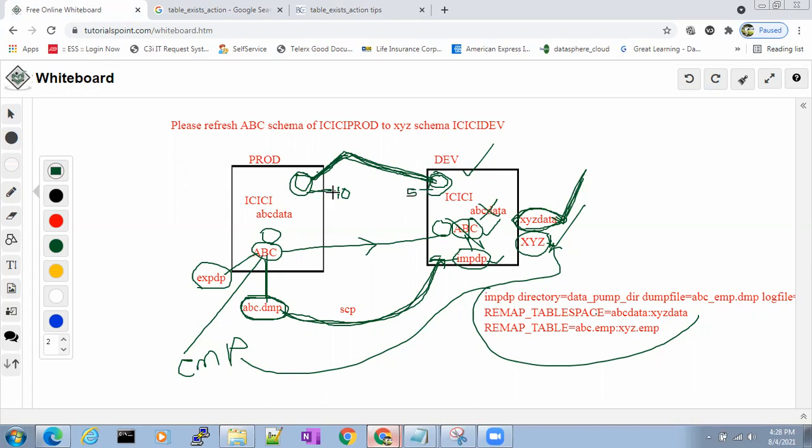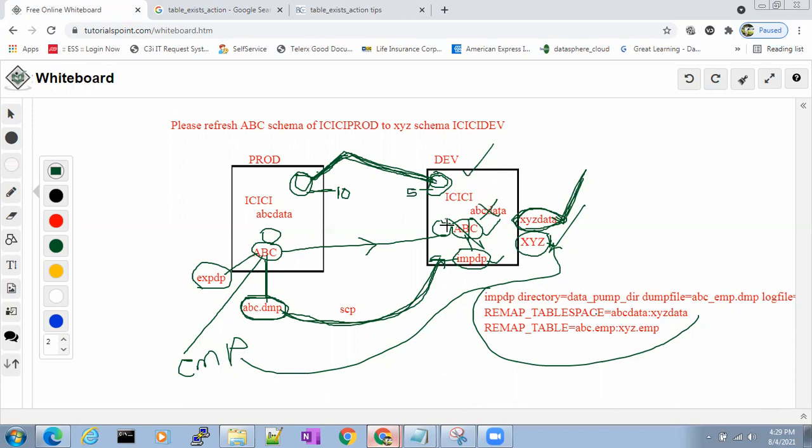Now at the time of import, my command is impdp directory=data_pump_dir dump file=emp.dump logfile=emp.log tables=emp.